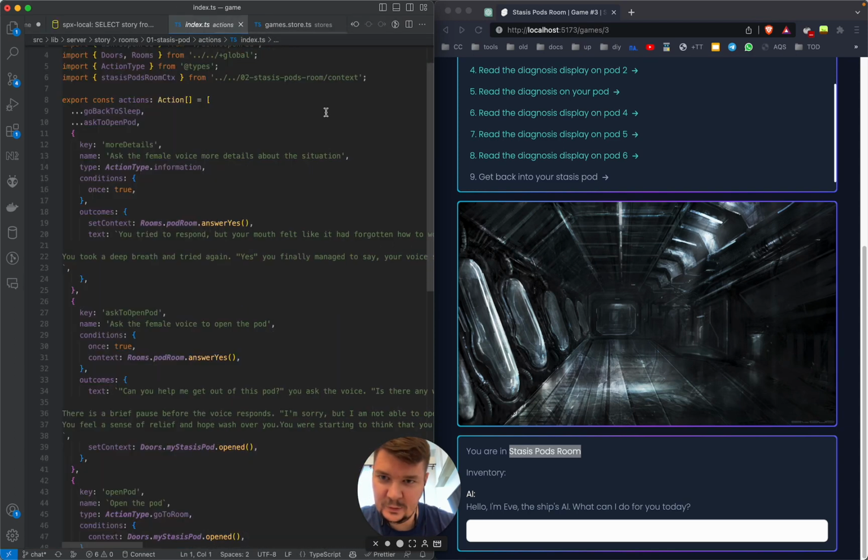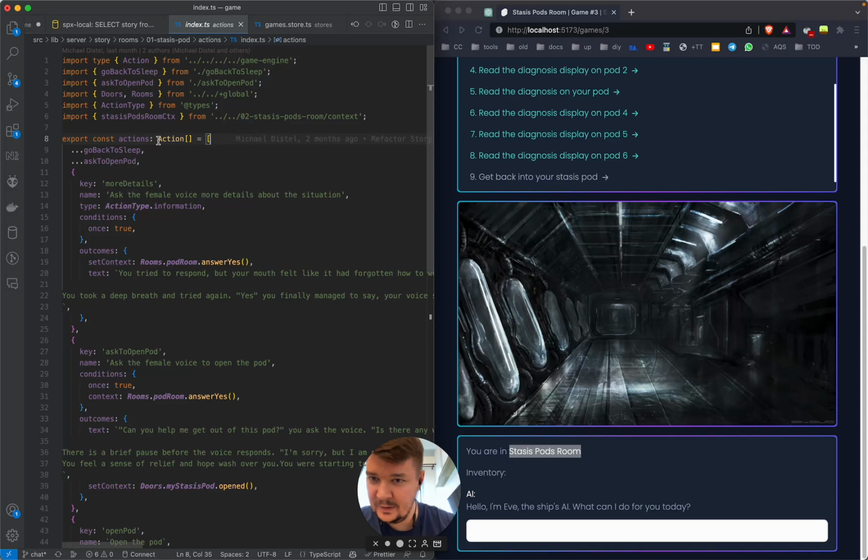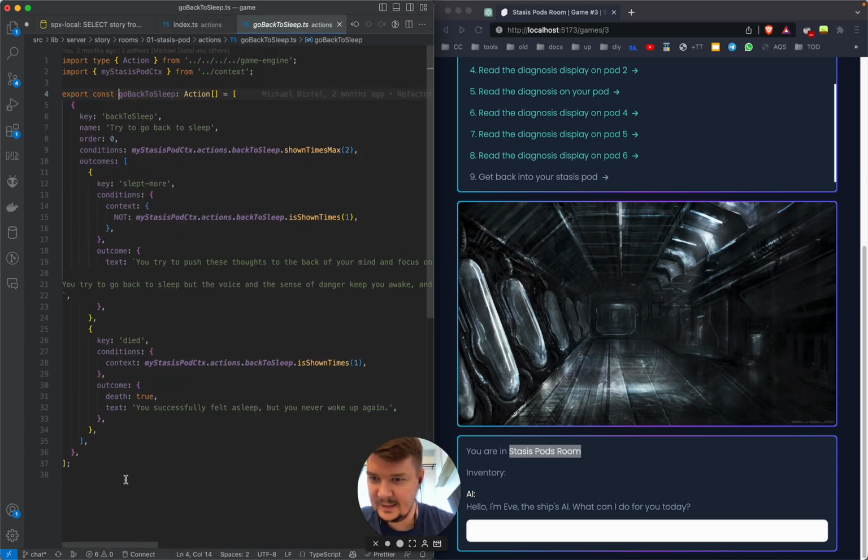If we look at the room description, it has some actions. There are groups of actions that are extracted to a separate file because they are quite big, like this. For example, we can try to go back to sleep. If we do it more than once, we will die. For example, here we have the option to sleep more